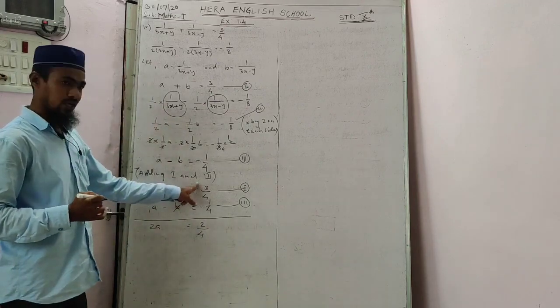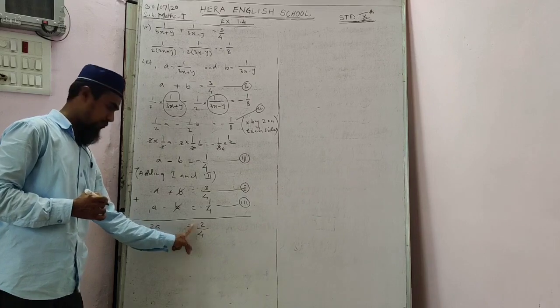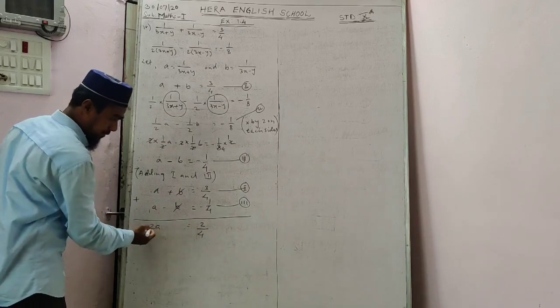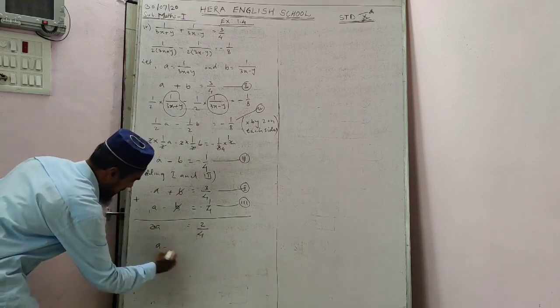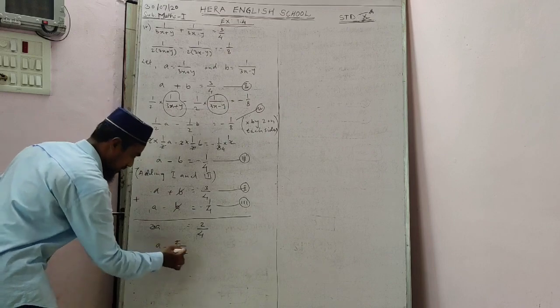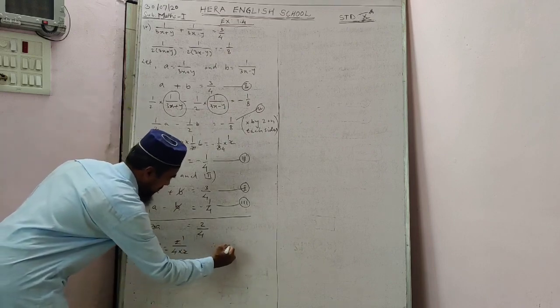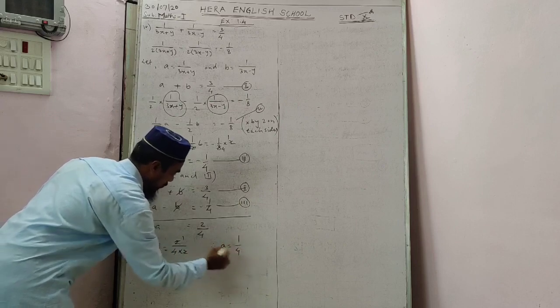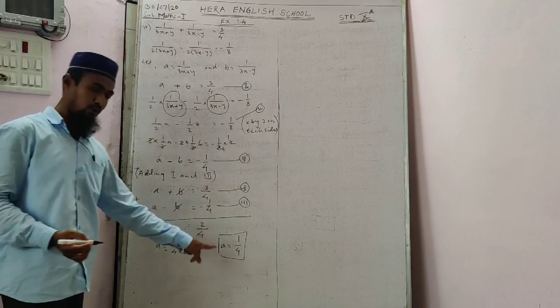Okay, the greater one is 3 upon 4, the sign is positive, so we will take the answer with the positive sign. Here 2 is multiplying. Now divide by 2 here, you will get a is equal to 2 upon 4. The 2 will be cancelled, you will get 1 in the numerator, means the value of a you will get here is 1 upon 4.